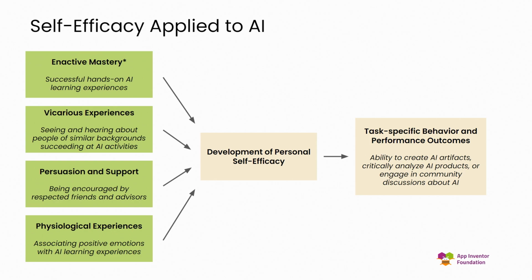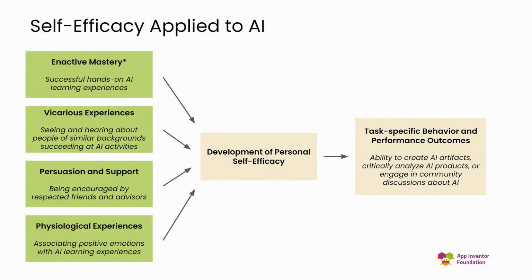And to do this, we have these starter App Inventor curricula where in 45 minutes, we take a student from no expectation of any digital creation or coding experience to "I've made an app that works on my own phone." That kind of initial engagement with coding and creation really makes them feel like they can continue and learn more complex skills. The second one is vicarious experiences, which is hearing and seeing people similar to you succeed at